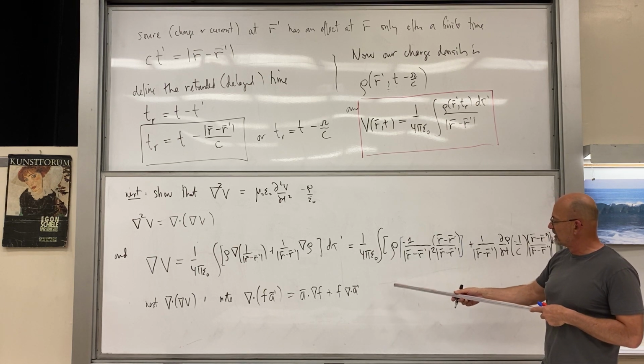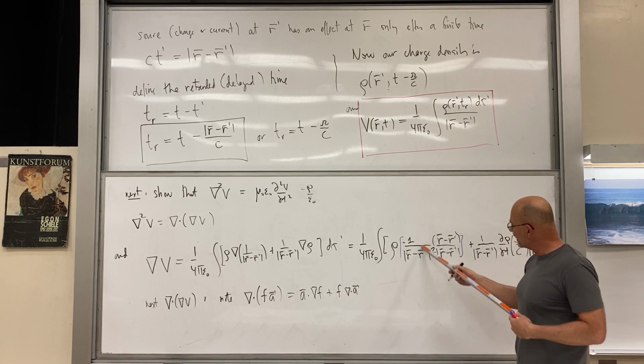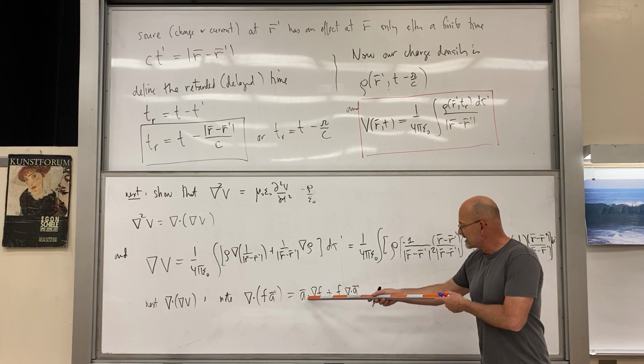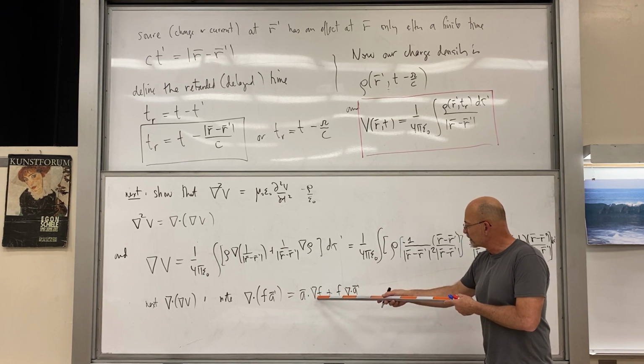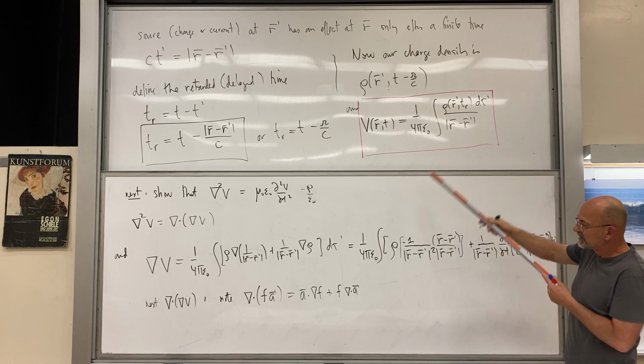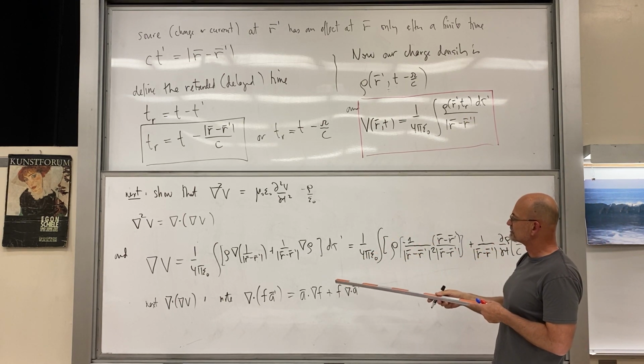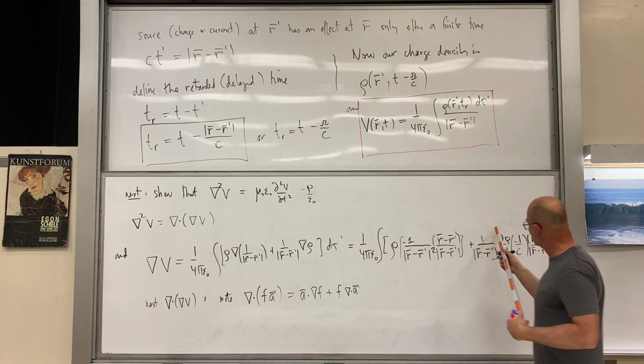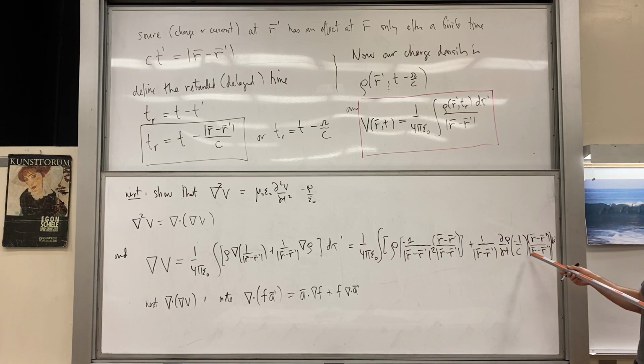The second part, it's going to be the vector here dotted into this gradient of rho, which is something we just did up here, right? Gradient of rho. Oh, yeah, put the d rho dt in this. And this will just be